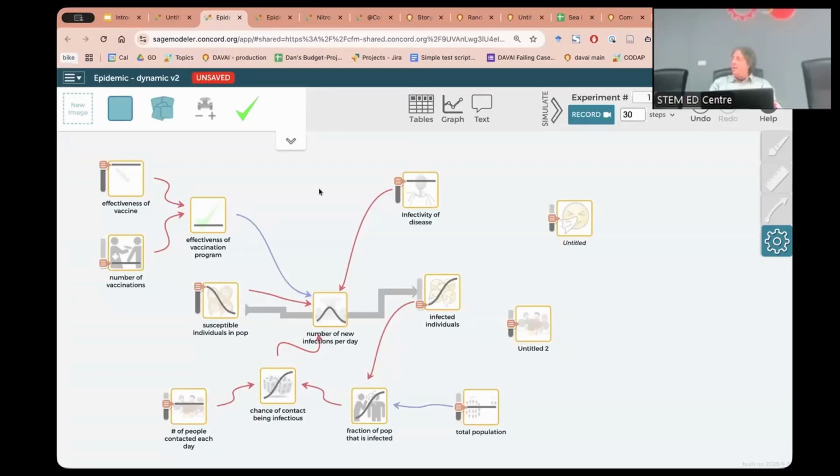So same way, CODAP and SageModeler, easy to save and share, and use those in assigning models to students. You might assign them a partially built model and ask them to build it out. Maybe you want to assign a model that isn't correct and have them try and debug and figure out where it's not working properly. So there's lots of ways to think about using SageModeler, engaging in computational thinking and systems